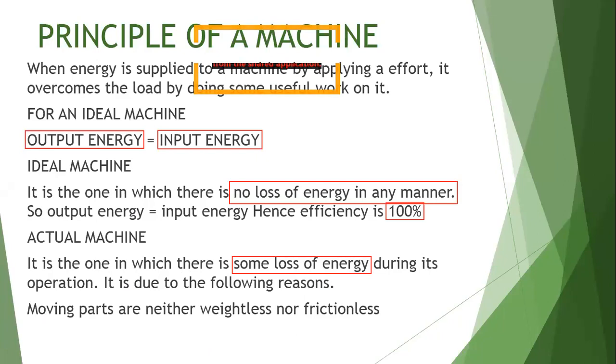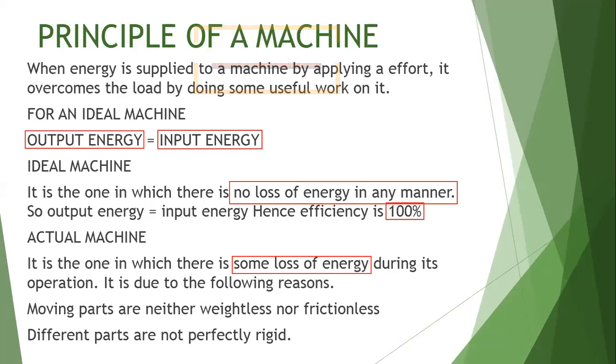In the same way, you may find that if there are different parts used in that machine, these parts are also not perfectly rigid. Even this is a reason why we cannot have an ideal machine. But hypothetically, you can consider an ideal machine, and an ideal machine is the one in which there is no loss of energy. Whereas in an actual machine,